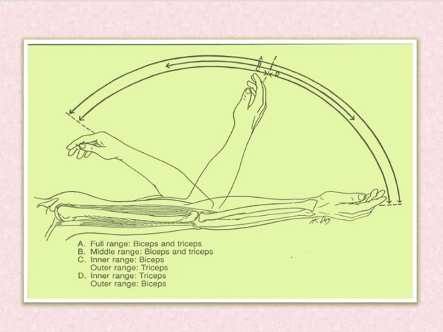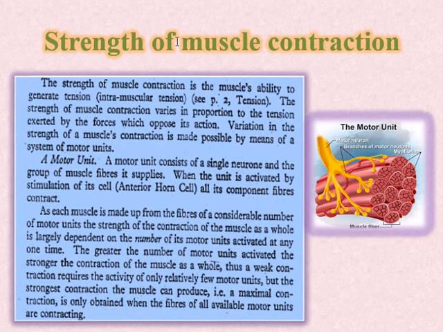Now further we continue. Strength of the muscle. You know, strength of the muscle is the muscle's ability to generate tension, and the strength of the muscle contraction varies in proportion to the tension exerted by the forces which oppose its action. Variation in the strength of the muscle contraction is made possible by means of a system of motor units. Now, what is a